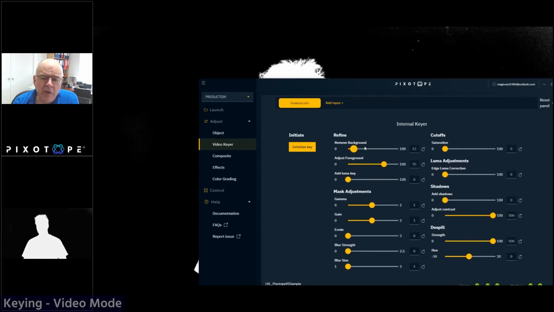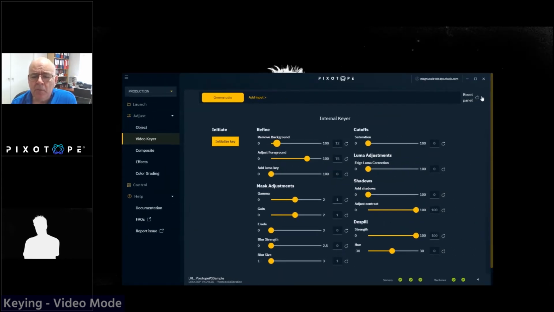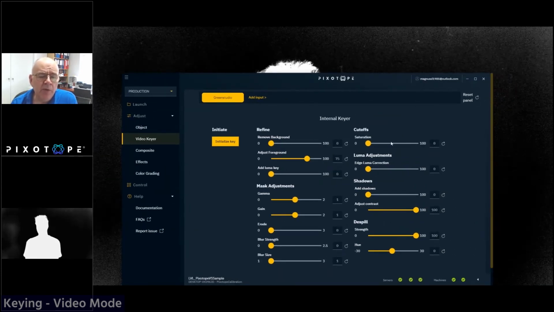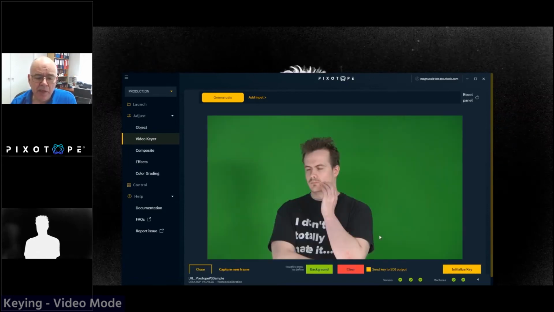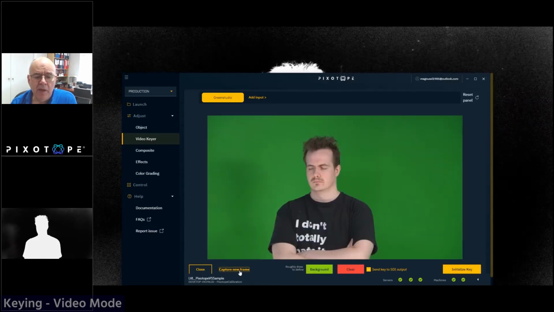But I want to show you another way that I typically set up keys, because this refinement, going back, adding extra strokes, going back in again, is a little bit boring. We can do it hopefully a little bit faster than that. So I'm going to reset my key panel over here in the corner. That resets all my parameters. I'm going to go back and reinitialize my key, clear this down, grab a new frame, because,